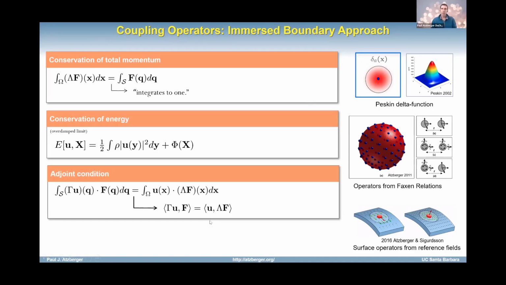So throughout the methods that I'll show you, we'll be assuming that effectively you have this adjoint condition on gamma and lambda. And so effectively, if you have this first property and this adjoint condition, you can be as creative as you like with gamma and lambda. And one of the things that I find particularly compelling about this is it basically tells you that if you know one of these operators, you can get the other one. And that's a very beautiful aspect, I think, of the immersed boundary method.